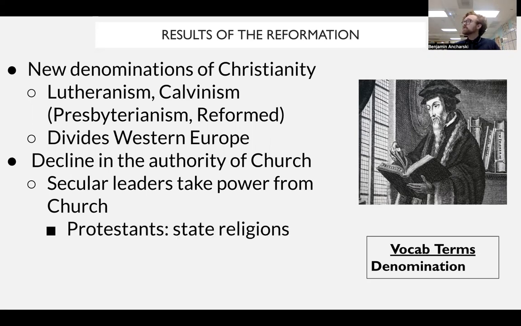In Protestant countries and places like England, we see the creation of state churches, of churches whose head of that religion is the head of state. So the head of the Church of England, or Anglicanism, is the King of England. So at this point, in modern day history, it's Charles III. Elizabeth's dead. All right, Elizabeth II, that is, and the first. So anyway, we see in Protestant countries there are state religions where the head of state, the king more than likely, is the head of the religion. We see that in Sweden as well.